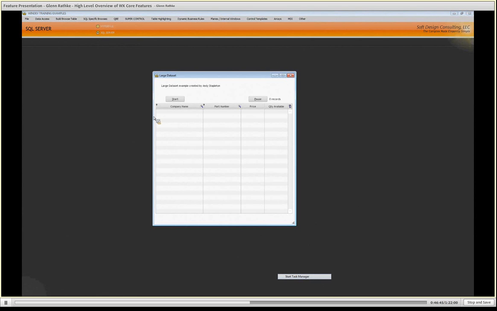We have SQL specific, and thanks to Andy Stapleton for this. He was working on a project that had over 900,000 records, and what he wanted to do is provide the filling of the table at runtime, but in the background, so at any point the user could say, I've got enough data, I can now stop filling the table. If you've got the 900,000 records, you don't have to wait for all of them to be loaded. So if we do start,